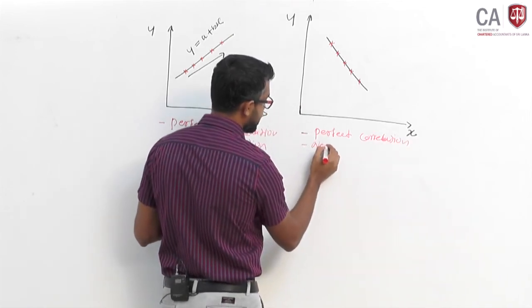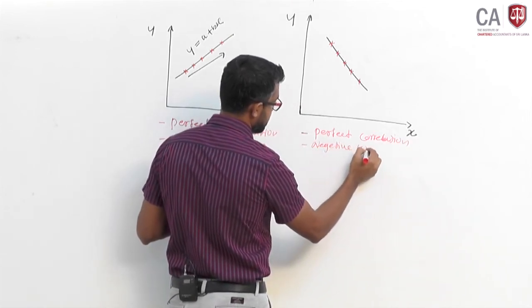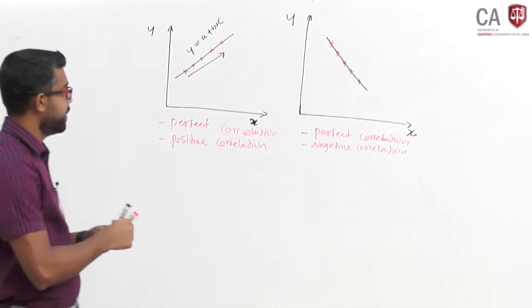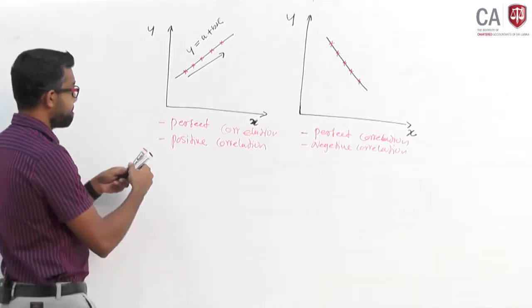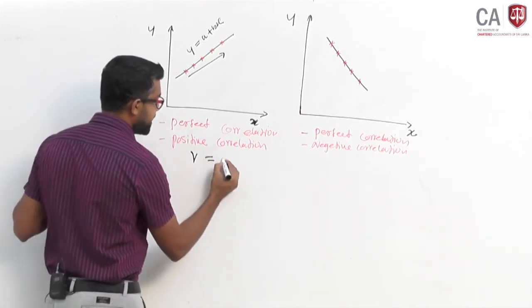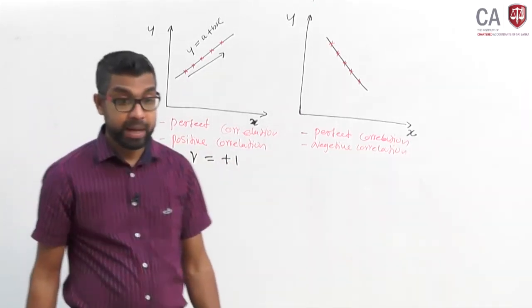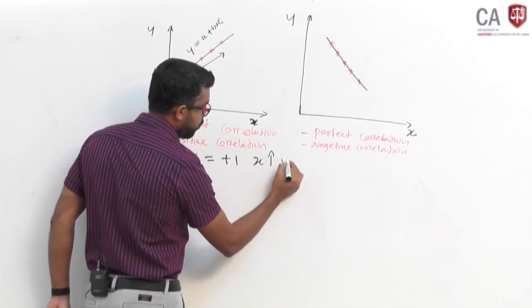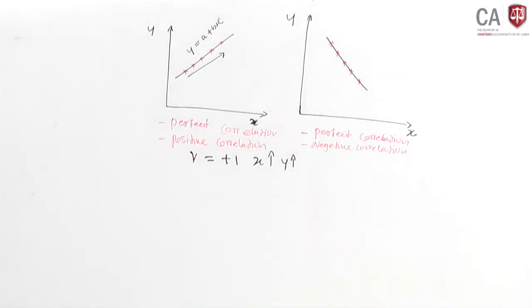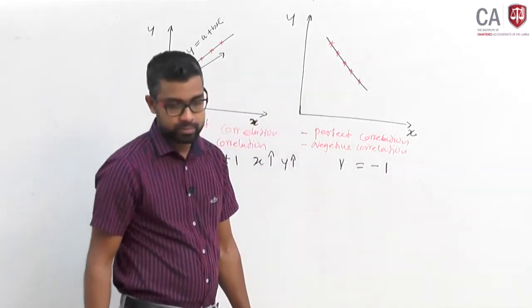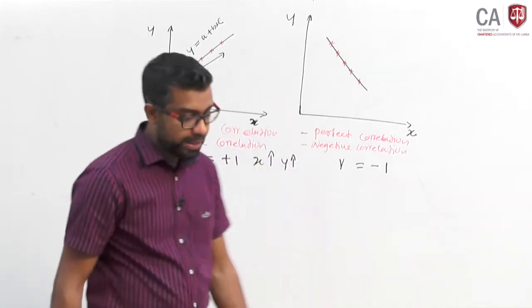And it's a negative correlation. Why negative? Here, perfect positive correlation coefficient, namely we use r = +1, always r = +1, which means as x increases, y also increases. When r = -1, it means as x increases,